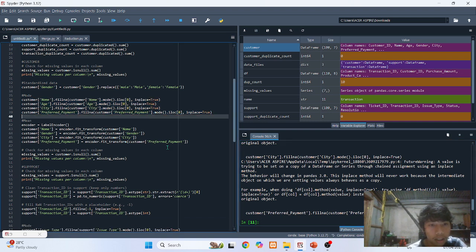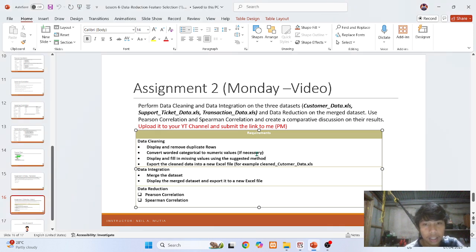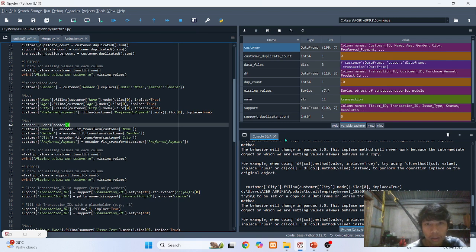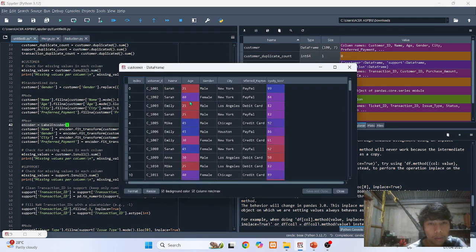Next, I will convert the categorical to numerical, since the second instruction is to convert worded categorical to numeric values. So first, we must open the customer dataset. We need to convert the name, gender, city, and preferred payment since these are categorical data.